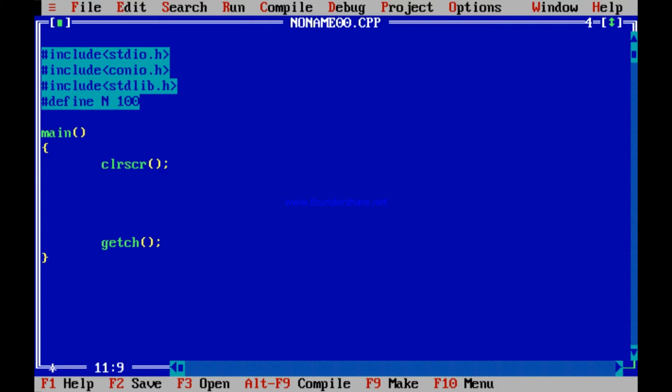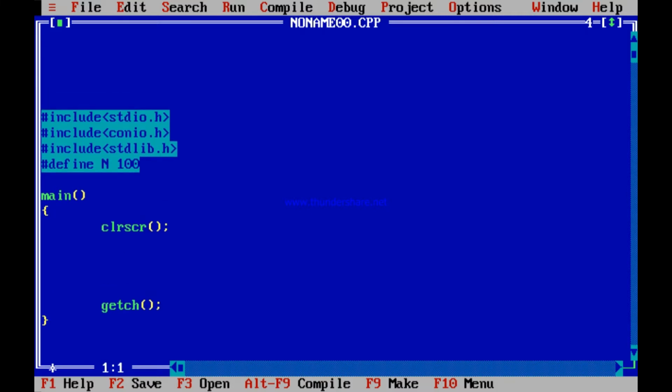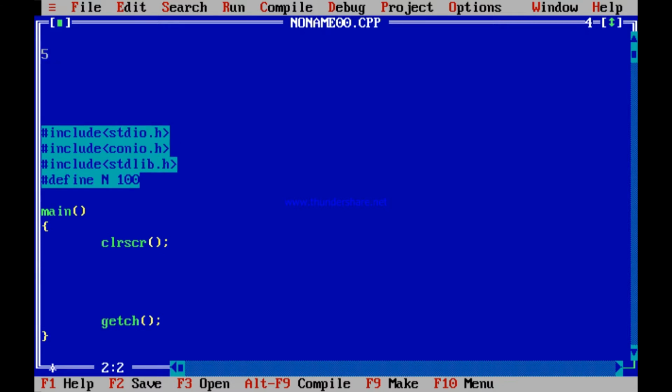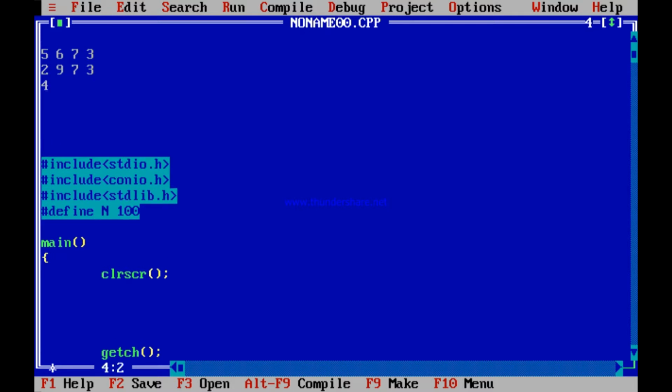Let us add two 2D arrays and get a third 2D array. That is, let me add two matrices and get a third matrix. So, like this, as we all know, say 5, 6, 7, 3, followed by 2, 9, 7, 3, followed by 4, 5, 2, 1.